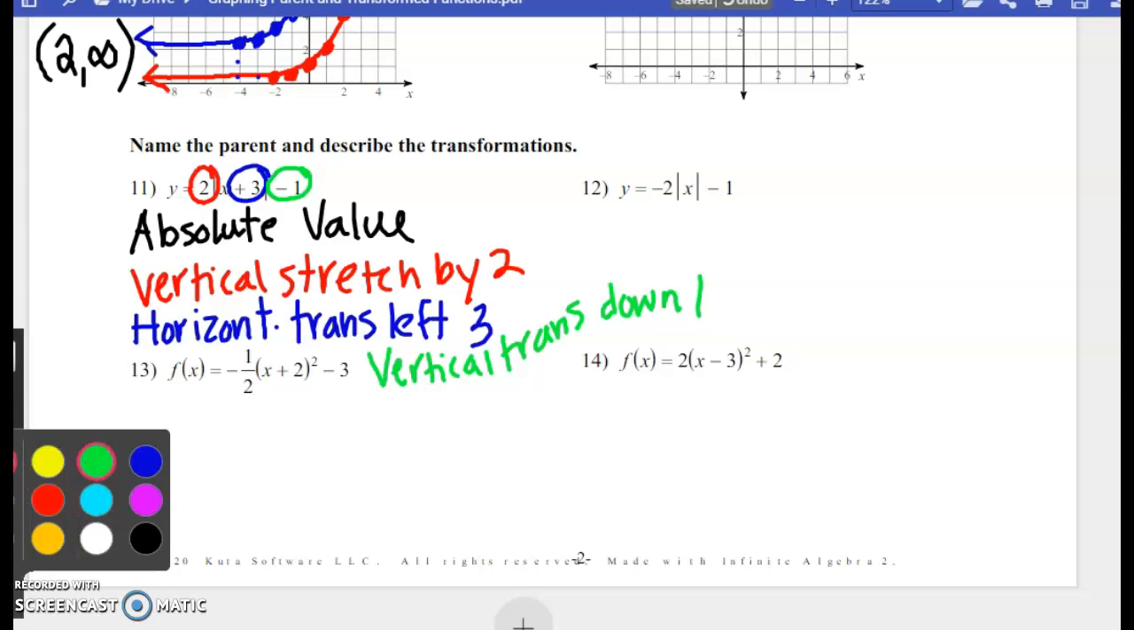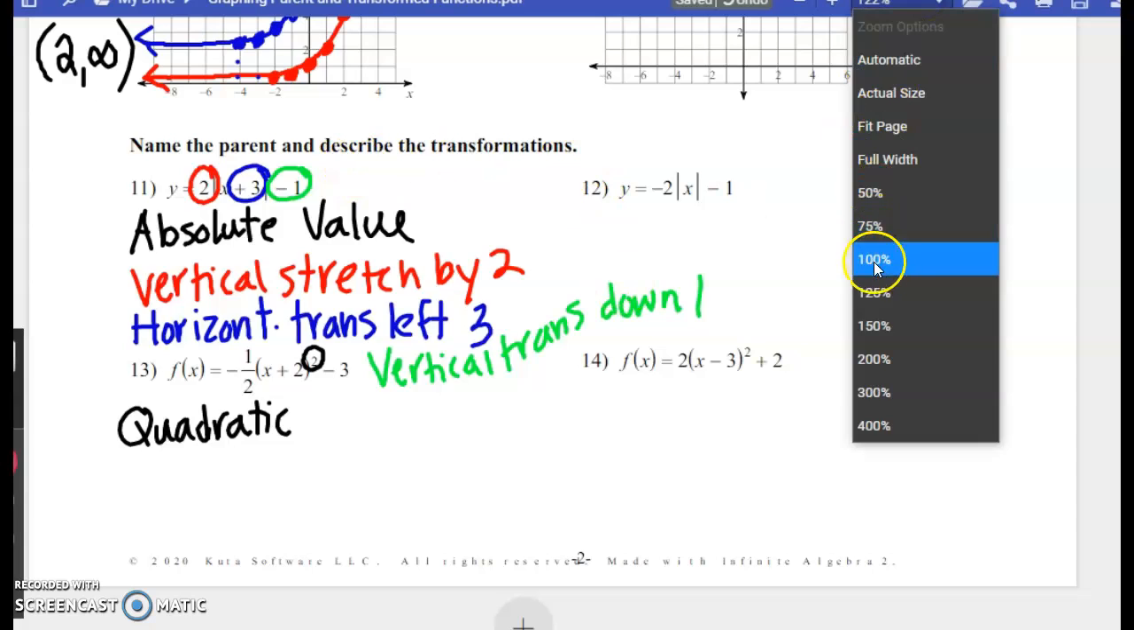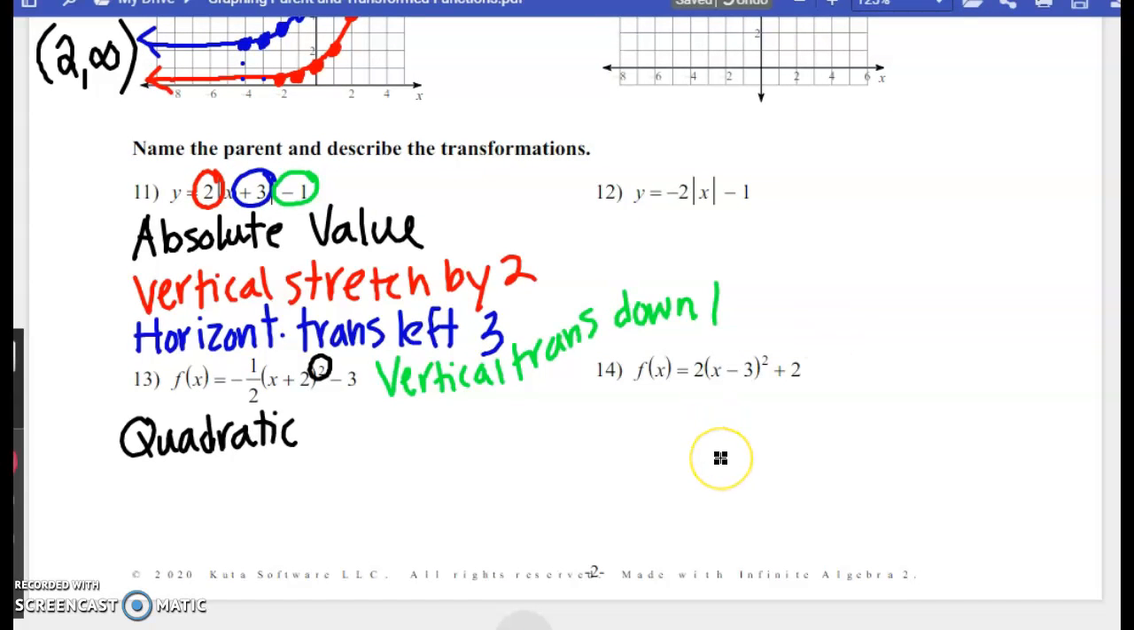Last one. I see my parent function right here is quadratic because of the square. See if I can zoom in a little bit. It's kind of small. It's a little better. So quadratic. And then I have this negative in the front. That negative is a reflection over the x-axis. The 1/2,